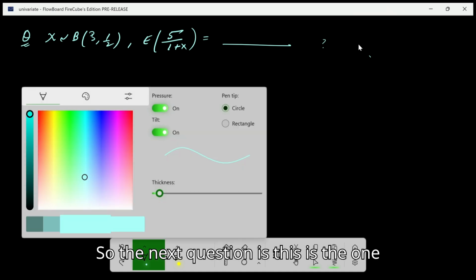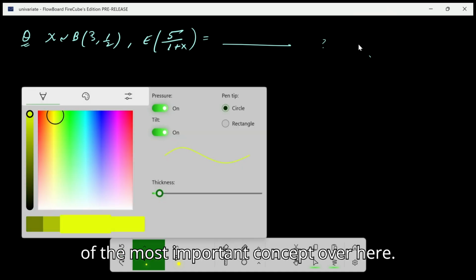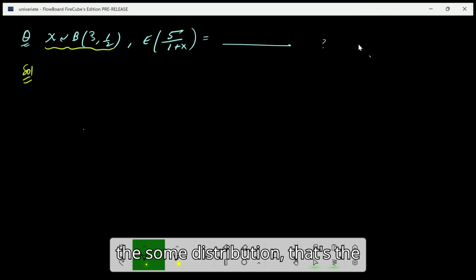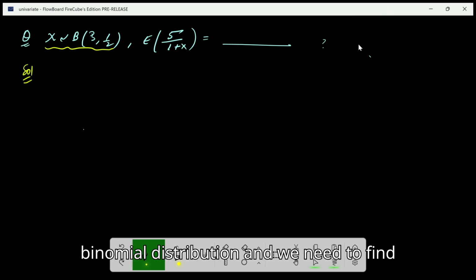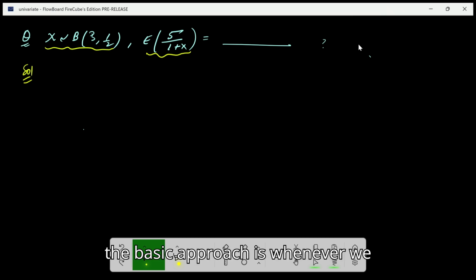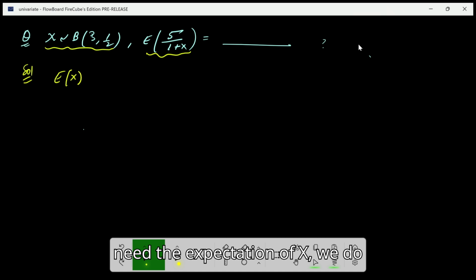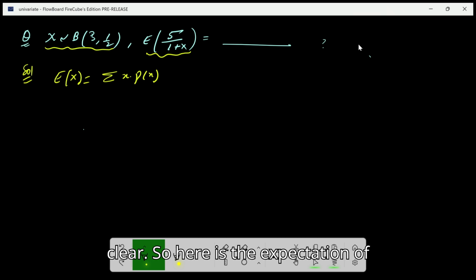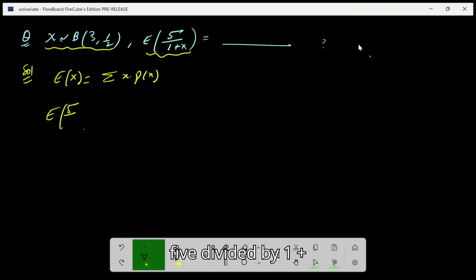So देखो next question is, this is the one of the most important concept over here. So the concept is, whenever we are giving the some distribution, that's the binomial distribution, and we need to find the expectation of this. So the basic approach is, whenever we need the expectation of x, we do simply x p of x, clear. So here is the expectation of 5 डिवाइड बाई 1 प्लस एक्स। इसको कैसे करेंगे हम,